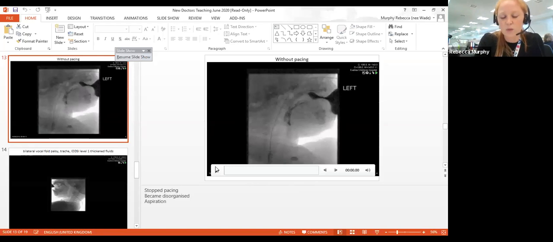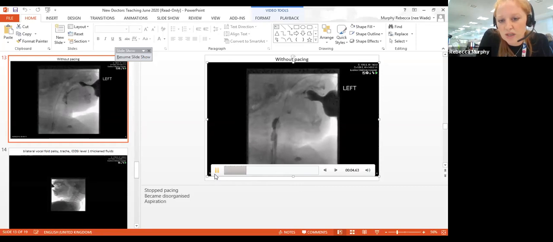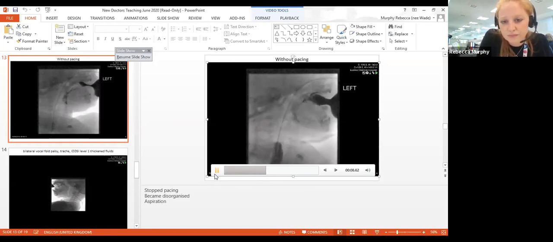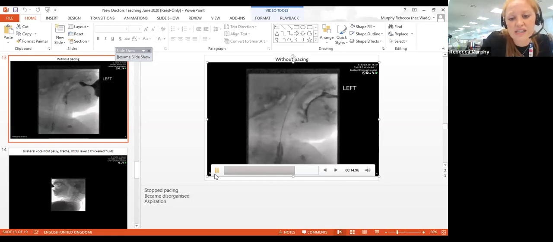This is the same baby that we videoed, and they didn't have any pacing at all, so we just let the baby go for it. And as you can see, they become a little bit more disorganized. They're struggling a little bit more. You can see that they're probably about to aspirate. They are struggling. And then there you see there's a tiny little bit, you can see a little black shadow